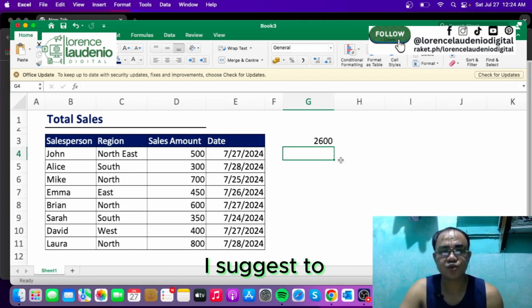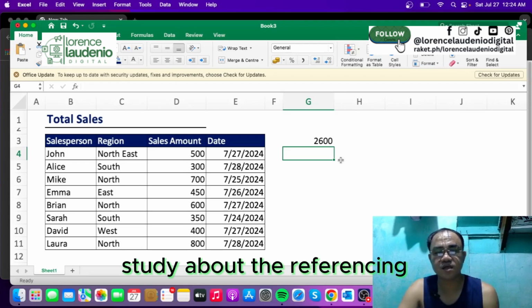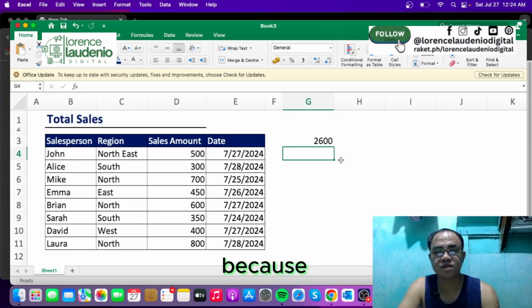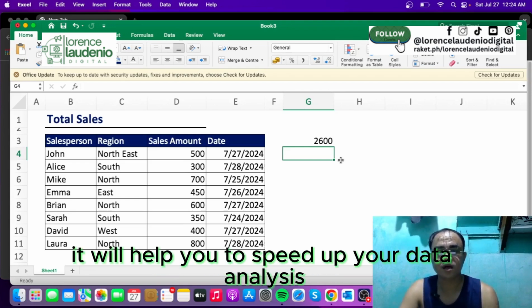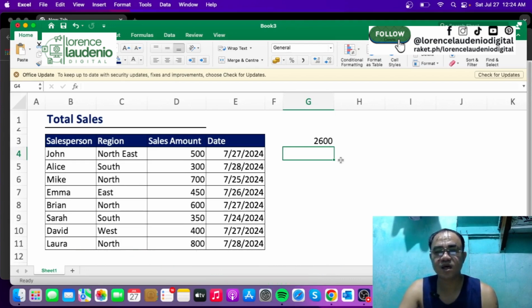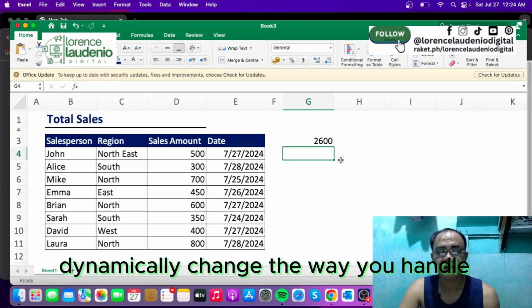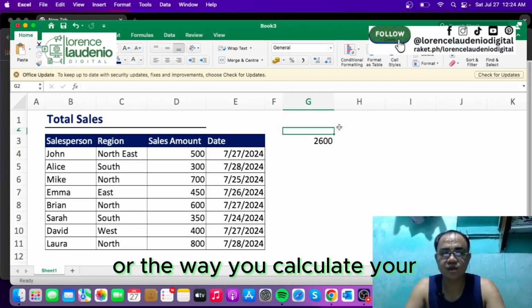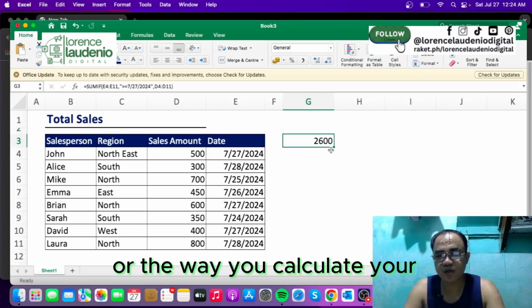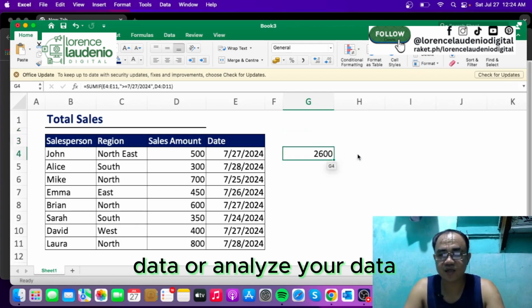I suggest studying cell referencing because it will help you speed up your data analysis, and it will dynamically change the way you calculate or analyze your data.